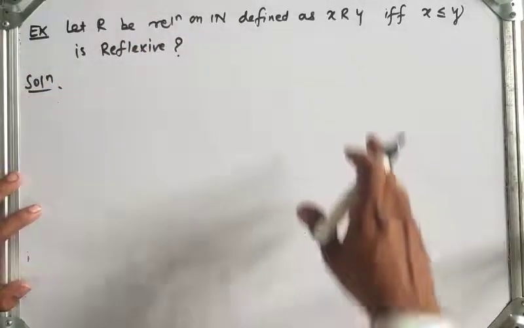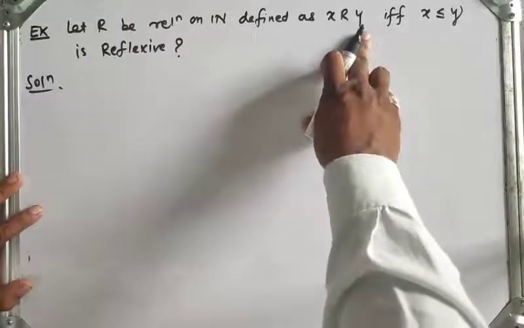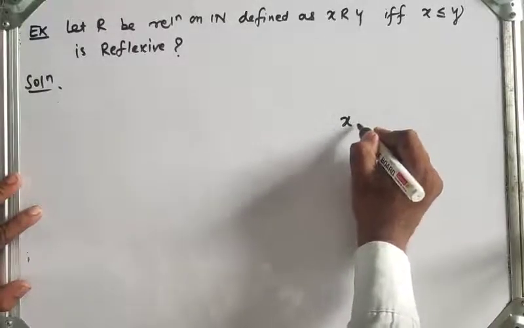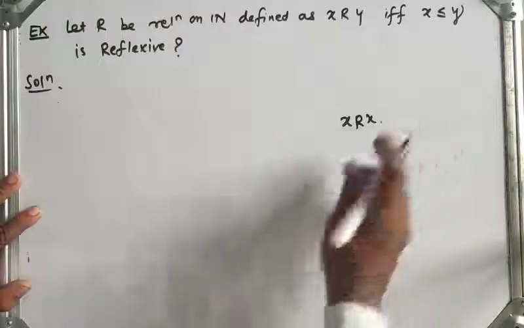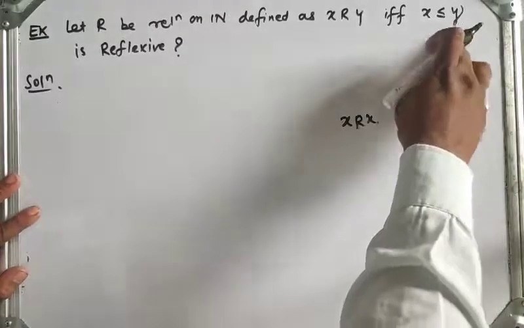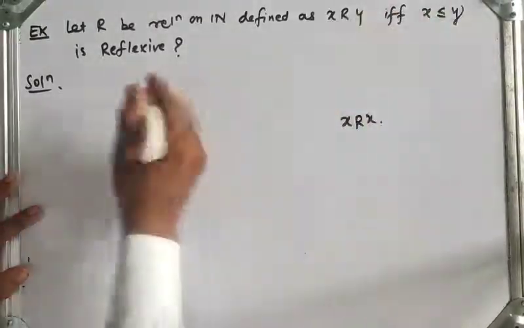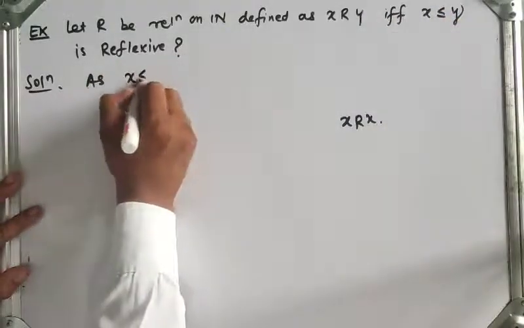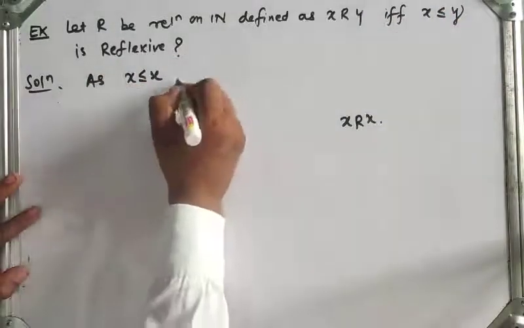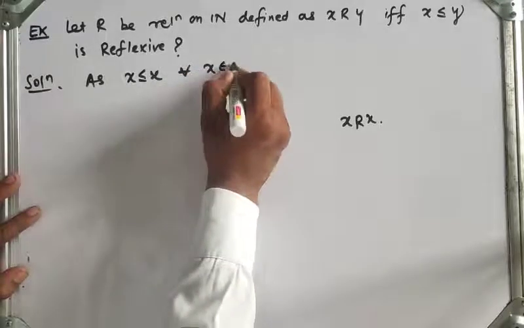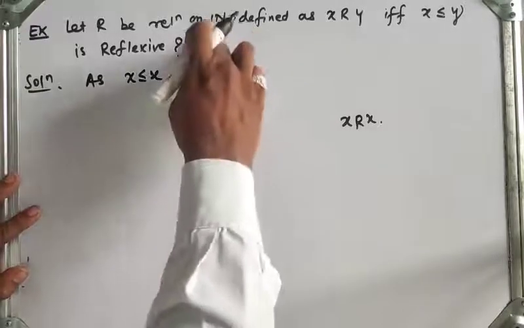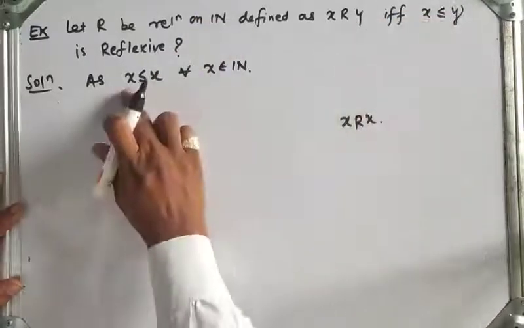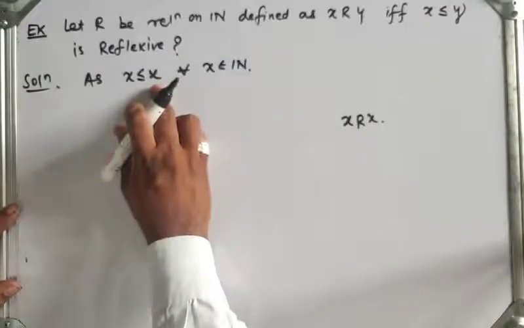So here x is related to y, but by the definition of reflexive relation, what do we have? x is always related to x, which means we replace y by x. So what will we get here? As we replace y by x, x is always less than or equal to x for all x belonging to the natural numbers. So x is always less than or equal to x, hence